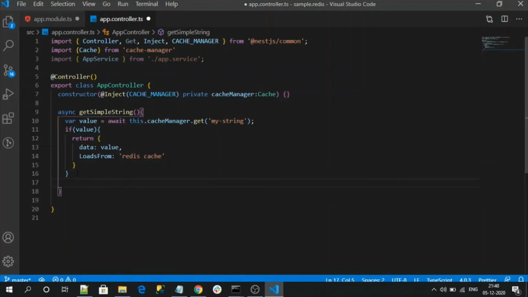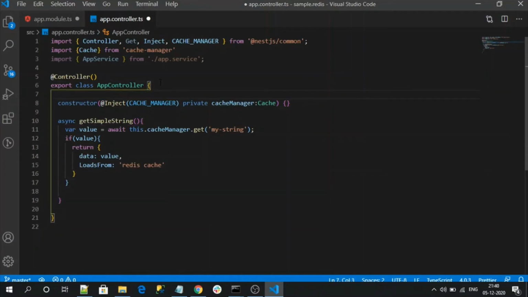Now, if the data does not exist in the cache, then we need to fetch our data from the database. In our real-time application... here, I am not going to integrate any database, so I am creating a fake value. In real time we are going to use the real data, not like this.